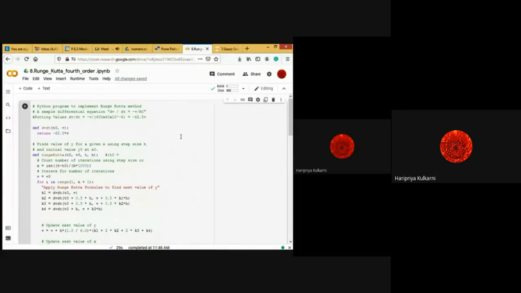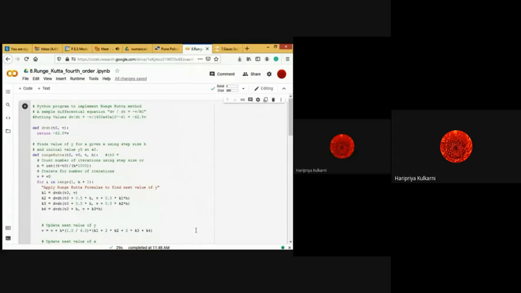Now moving further, we have defined one more function, Range Kutta, wherein we will calculate K1, K2, K3, K4 and the updated value of V in every iteration. We are calculating n number of iterations, where n is an integer, because it will be 1, 2, 3 like that. So n equals int in bracket t minus t0. So t in our case is how much?